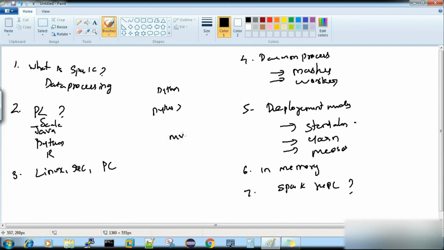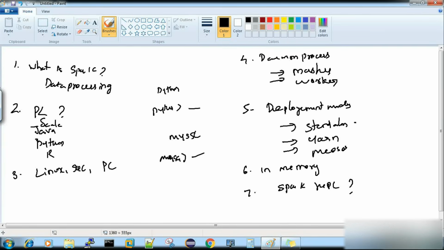And in MySQL, when you type mysql in the command prompt, you will get the MySQL shell. This shell is called a REPL: read, evaluate, print loop. We may not be aware of what a REPL is, but we use it in our daily life, right? Whenever a technology provides a shell, that technology supports REPL. So Oracle has a REPL, Python has a REPL, Scala has a REPL, and Java from 1.9 has a REPL. REPL is used for testing a piece of code